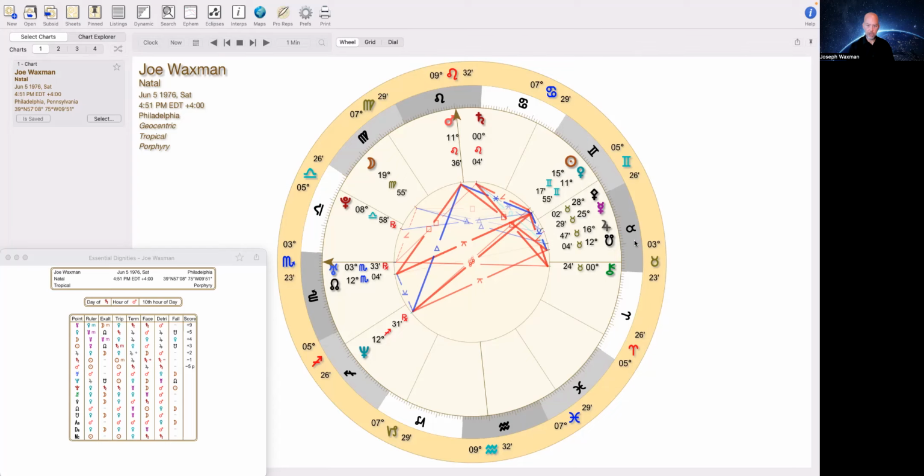So you have to look also at the nodes and how old the person is, right? Generally speaking, it's gradual. It's not an exact thing, but 42 is the cutoff age that I like to use. Below 42, South Node is more activated. After 42, North Node is more activated. So I can tell you when